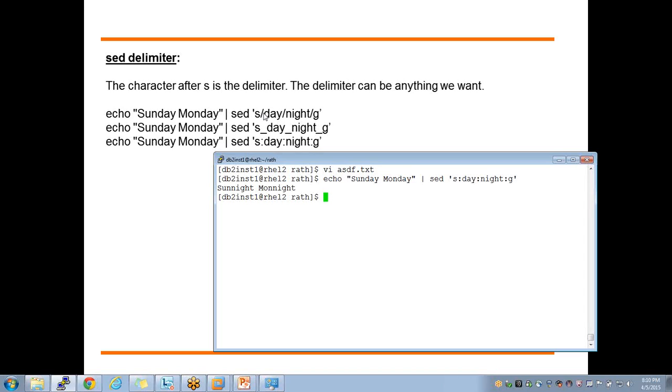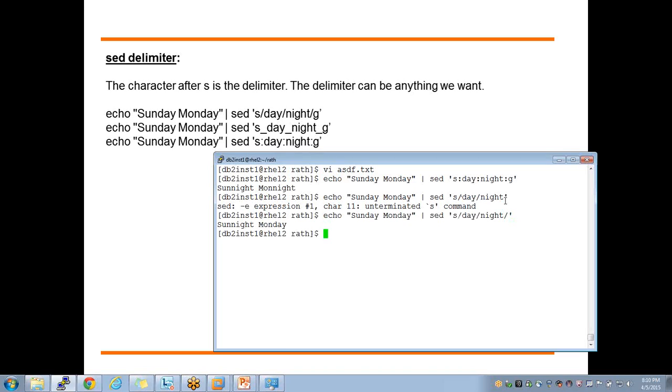But remember, the syntax error that comes up is that most people ignore this last forward slash. So remember, the delimiter can be anything we pick, but it has to repeat three times: one here, and one at the end. Just to avoid those initial syntax errors. Okay, got it.